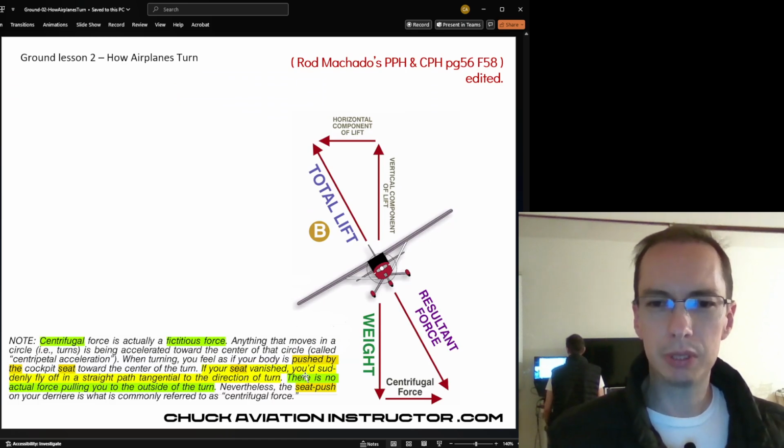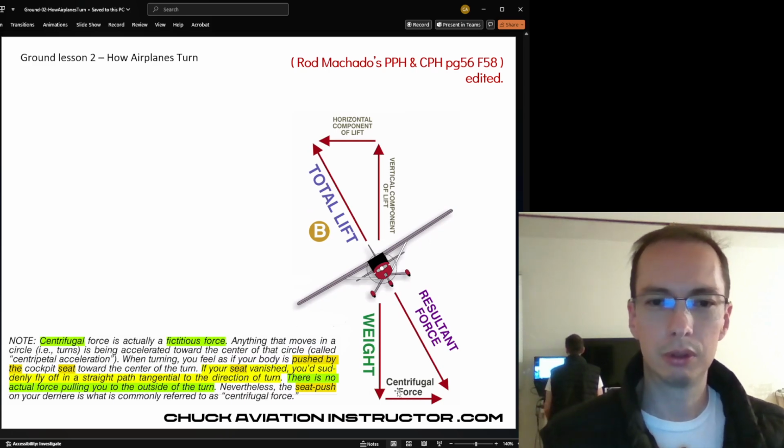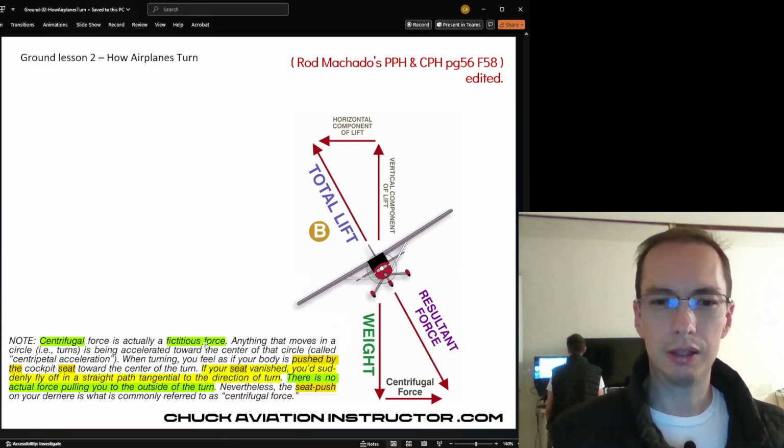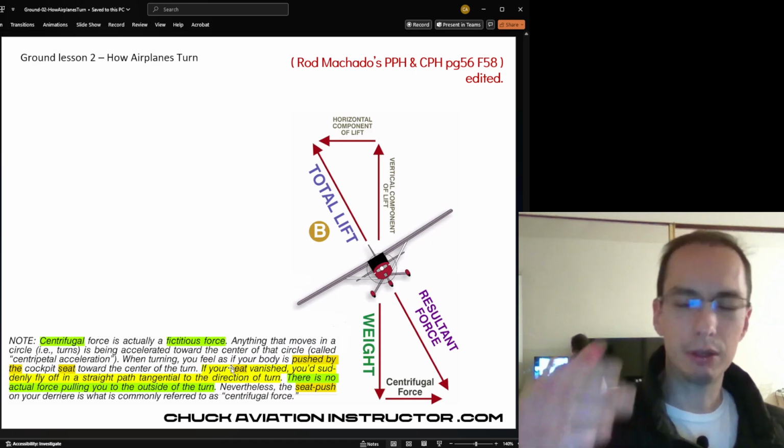Many people talk about the horizontal component of lift and the centrifugal force. Well, the centrifugal force is a fictitious force. It doesn't exist. You can feel something, which is the seat preventing you from flying straight out of the turn,